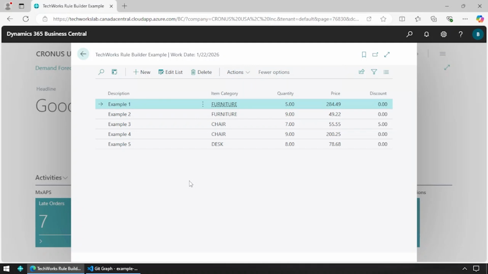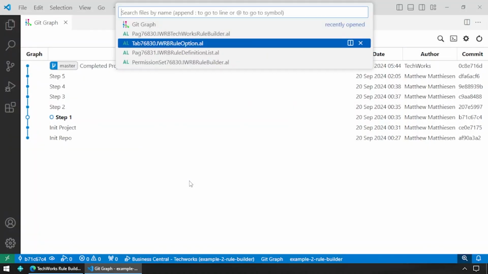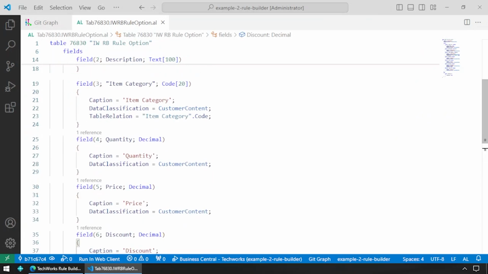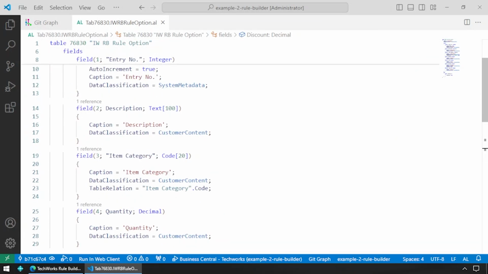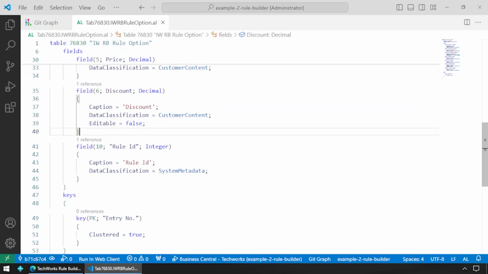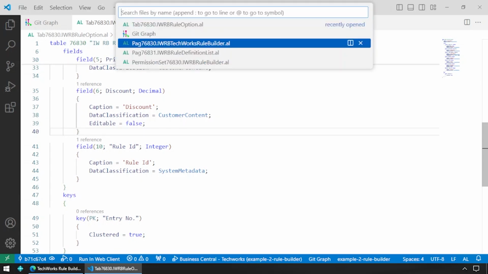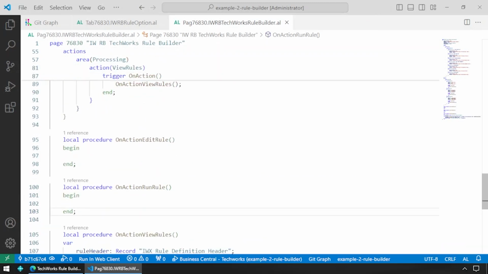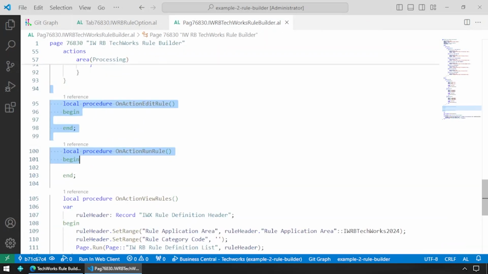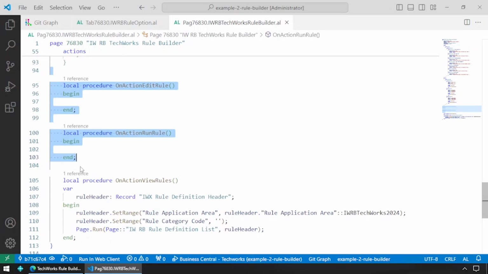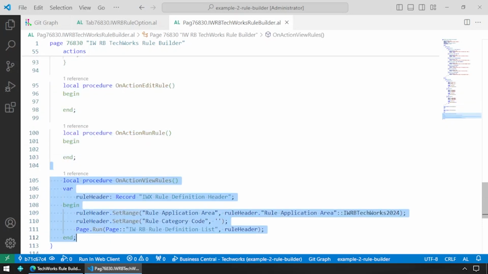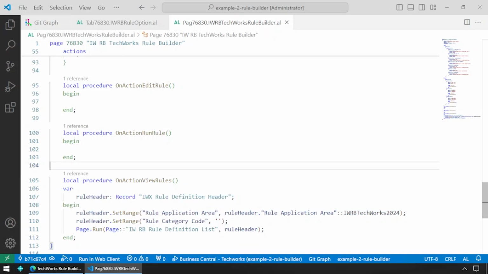So first things first, let's look at what the base of this project looks like. We have our table. You can probably guess that these fields are related to the sales line, right? So it makes sense, but we're not going to change the table past that. Then we have our page that, again, just reflects that data set, and then has the actions. I already have an action in here to view all the rules, but we're not going to worry about that right now because that's not as important. One thing that is important